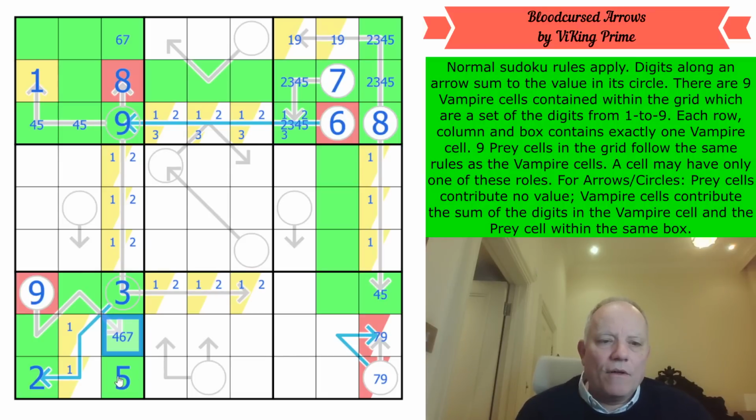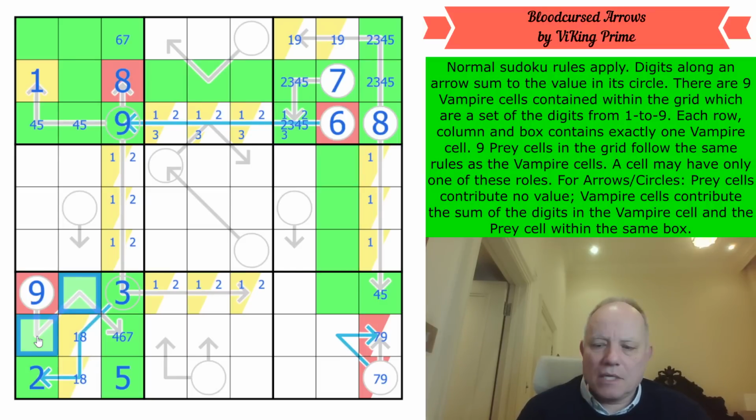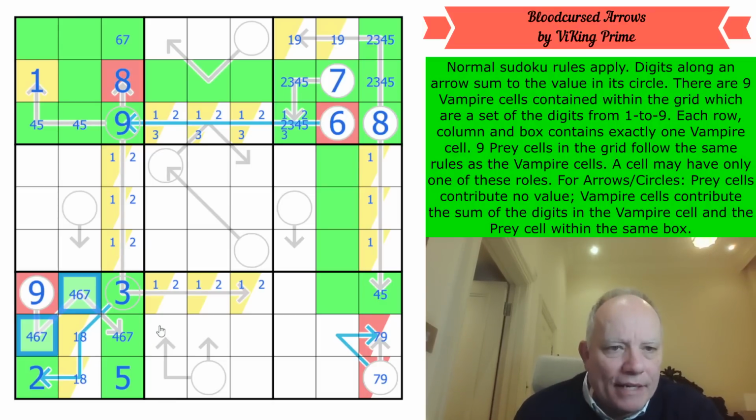Now, what was the maths? 40 minus 6, 34, 9 and 8. This is now a 1-8 pair, and the 8 is the prey cell. And this is a 4, 6, 7 triple in the green, which does add up to the 17. Okay. Oh, been through the ringer in my mind there. Now,